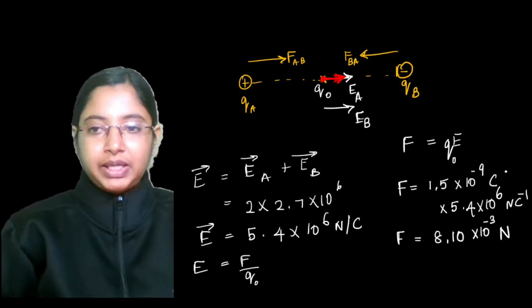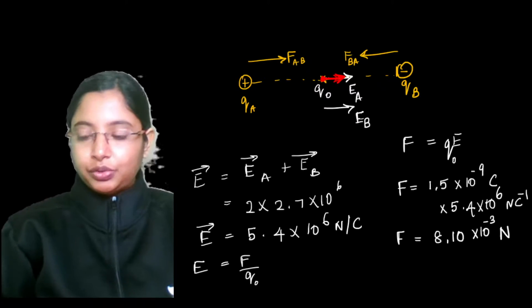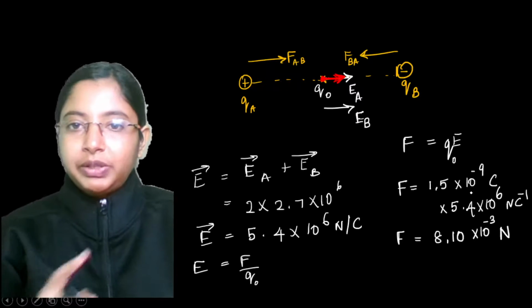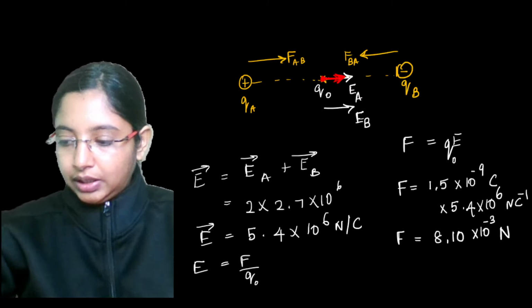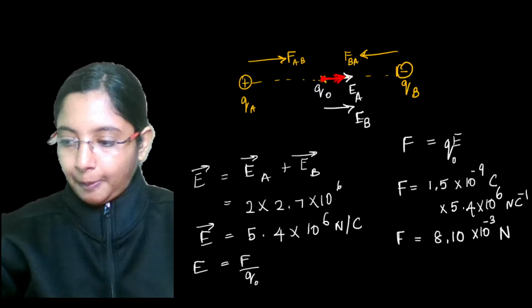Or 10 to the power of minus 9 coulomb. That's the charge at that point for Q naught. Now, what will be the direction of the force at the point? The direction will be from O to